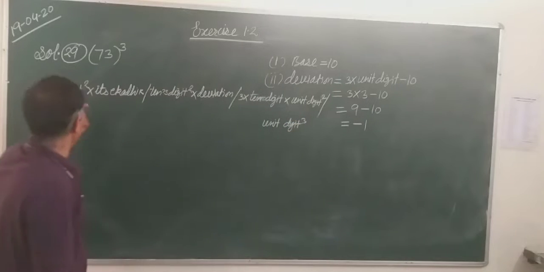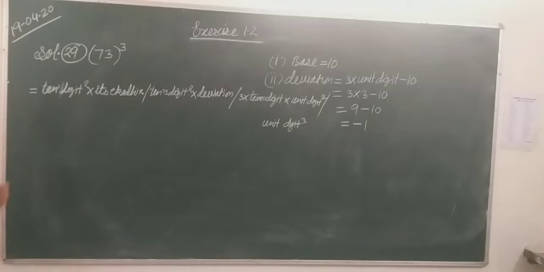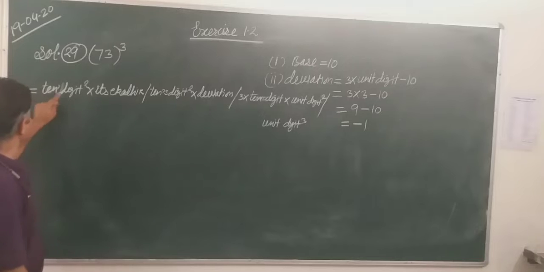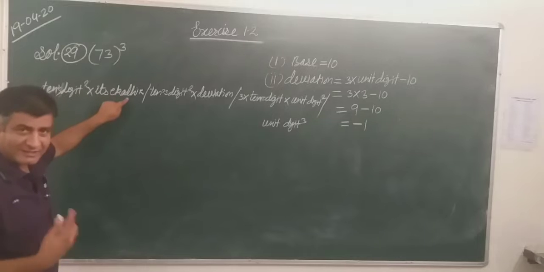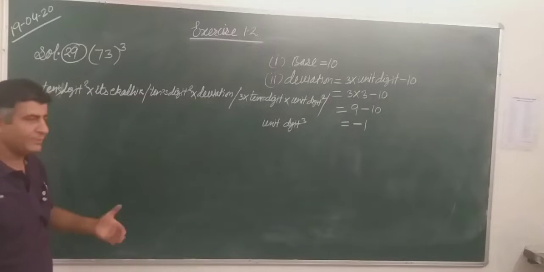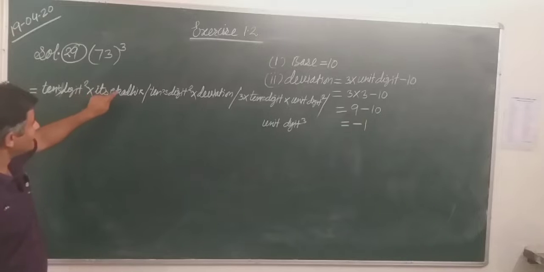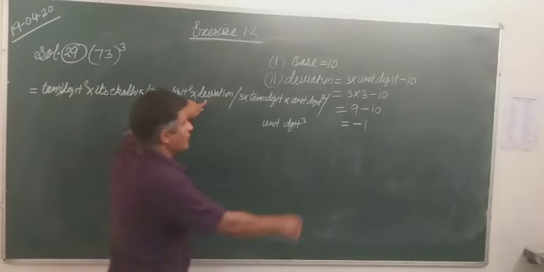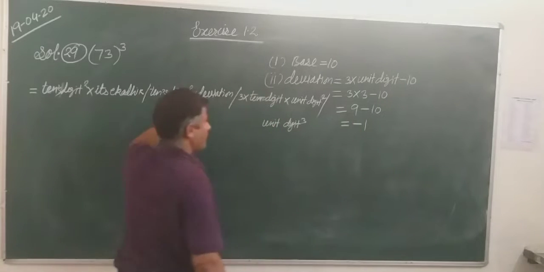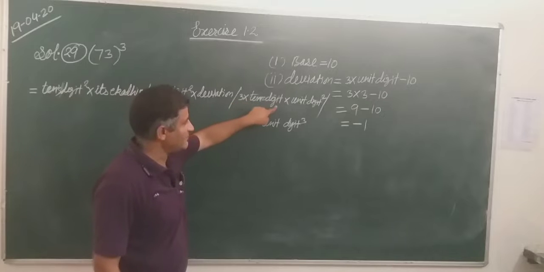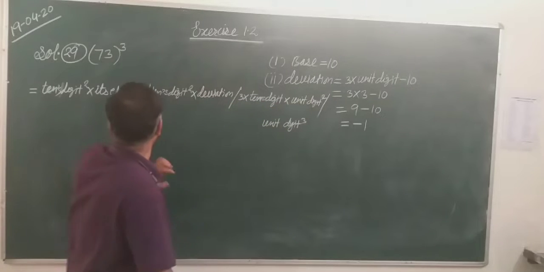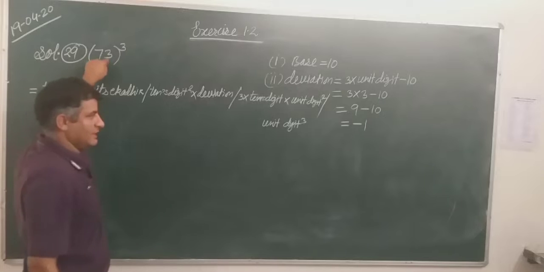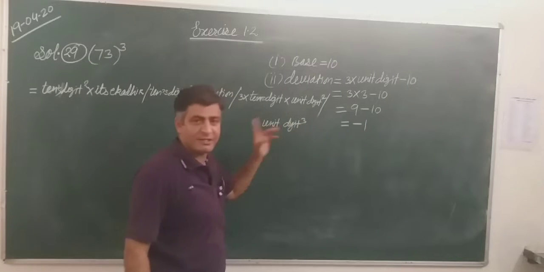So here is the formula to find the cube of a number by using Sutra Ekadikeyan Purved. Tens digit square multiplied by its Ekadikeyan. Ekadikeyan means one more. Again, oblique tens digit square into the division, which we have already found. Then 3 into tens place digit multiplied by unit place digit square, and then oblique unit place digit cube.